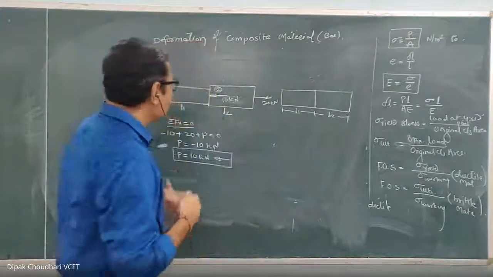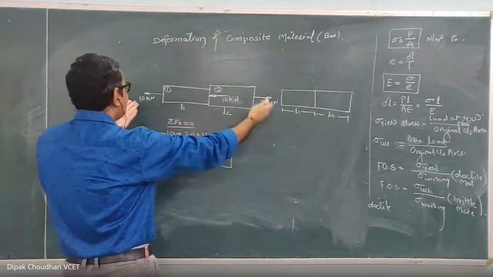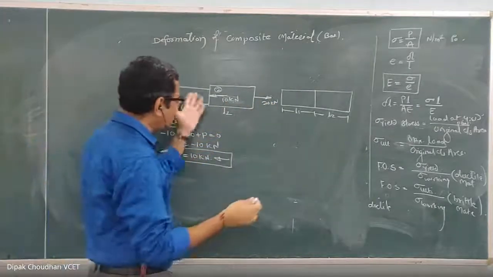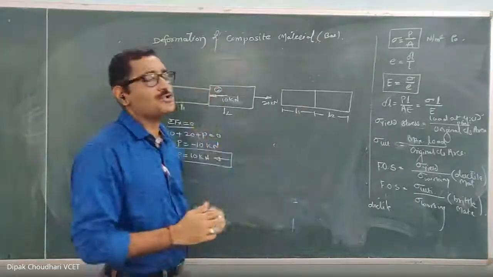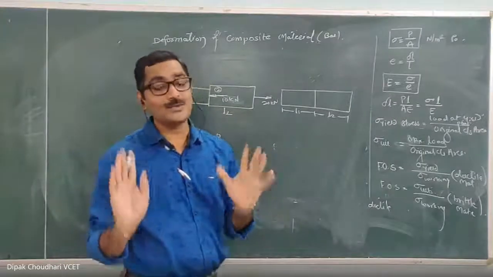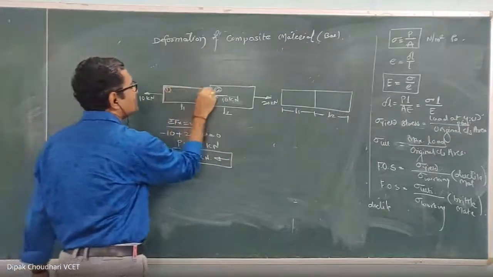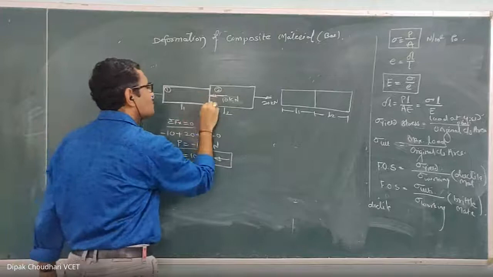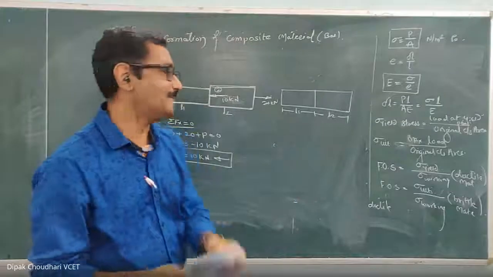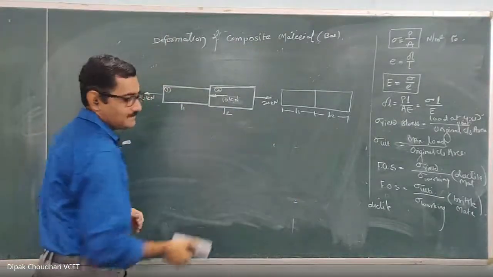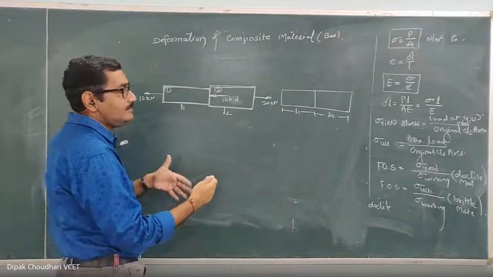Okay, and here we cannot calculate the deformation of this entire rod by taking only 10 or 20 kilonewton. In such cases, when the external or intermediate forces are acting, when there is a composite rod, we have to use the principle of superposition. Principle of superposition means we are going to calculate the deformation of rod 1 separately and deformation of rod 2 separately, and we'll add that. This is the superposition. We are going to calculate the deformation of each rod separately and we'll add them.